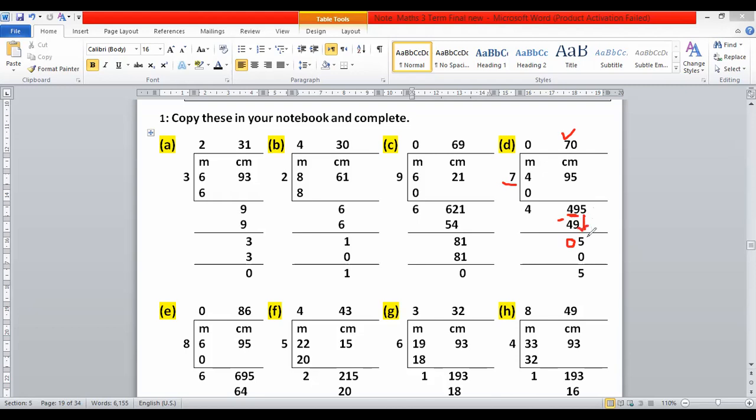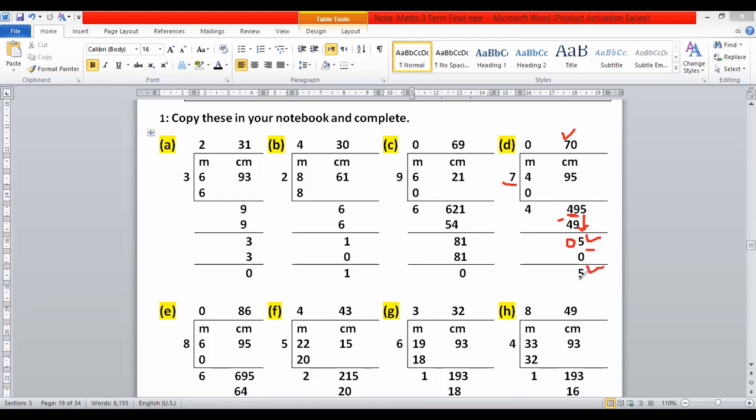Dear students, when you shift 5, 5 is less than 7. No need to leave 5 as it is. So it is compulsory for us to divide 5 by 7. So the problem here is when we multiply 7 by 1, we get 7. 7 is greater than 5. Therefore, in this situation, when you get a number that is less than the divisor, you have to multiply by 0. 7 by 0, 0, and after that subtract 5 minus 0, 5.